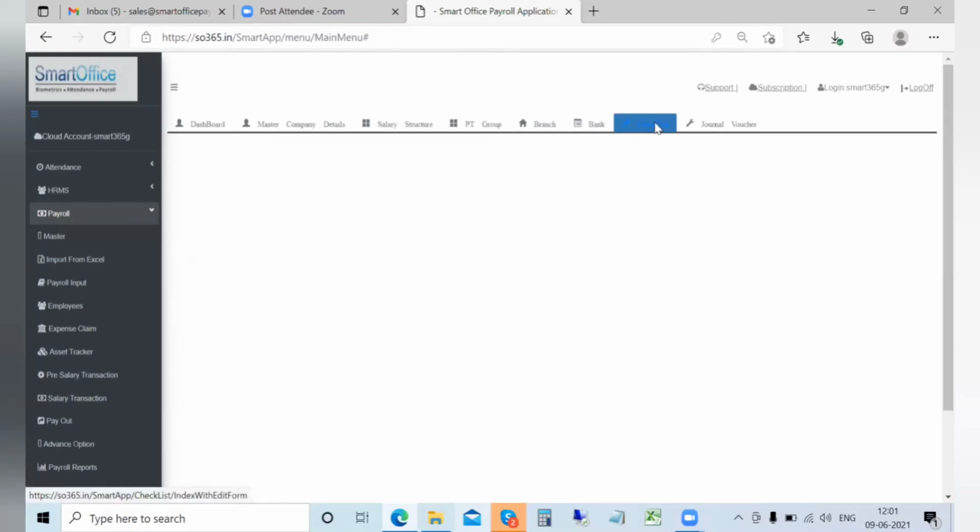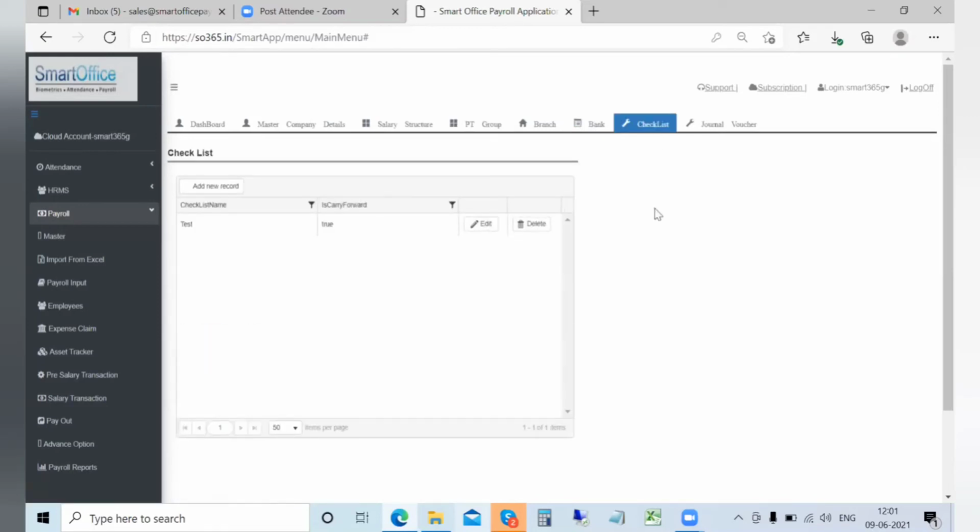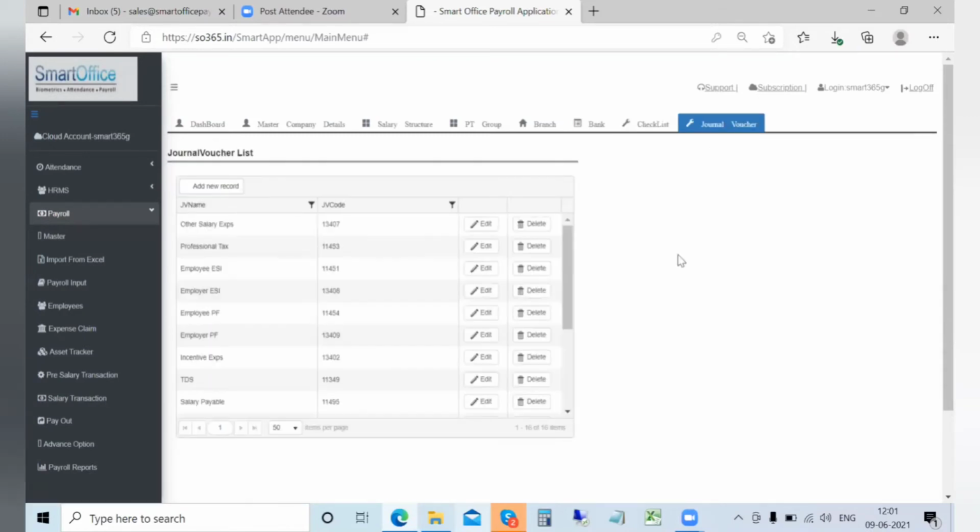Then we have something called a checklist where you can have your own checklists or reminders that can be added for you to just pop up when you're doing the process payroll so that you don't forget something. General voucher is what will be available in terms of a journal entry which can be given to your accounts department so that they can pass the journal entry in their books of accounts. And this will be helpful so that you don't need to give the entire calculations. Instead, you can give them just the general entry in case you do not want to pass on all the detailed information to the department as well.